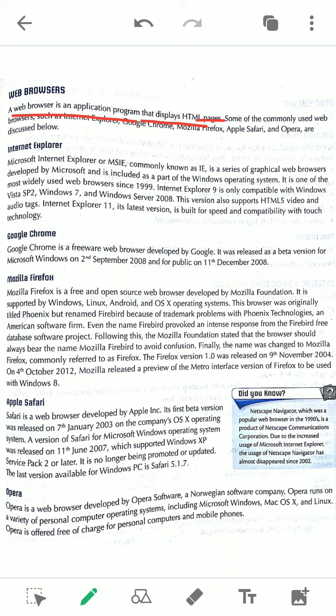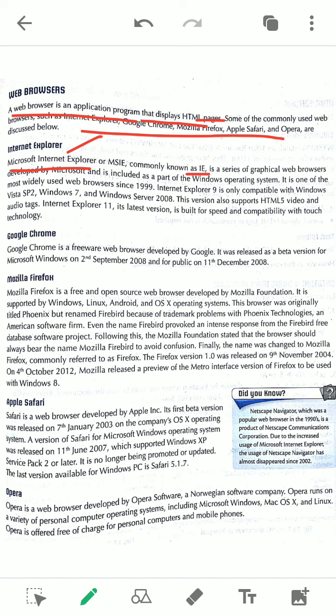Okay, so here some examples of browsers are given. In our computer system, in a school computer system, we have 2 or 3 browsers, I think. Mozilla Firefox, Internet Explorer, and somewhere Google Chrome also. Now let's see these browsers one by one. First come to Internet Explorer. As we know, this is part of Windows. As we know, Windows is the product of Microsoft. So this is also a product of Microsoft.